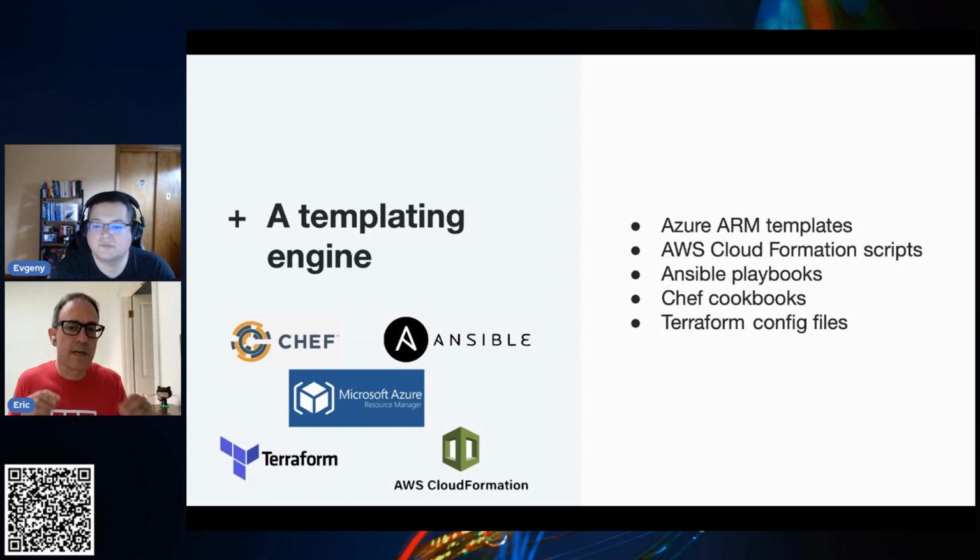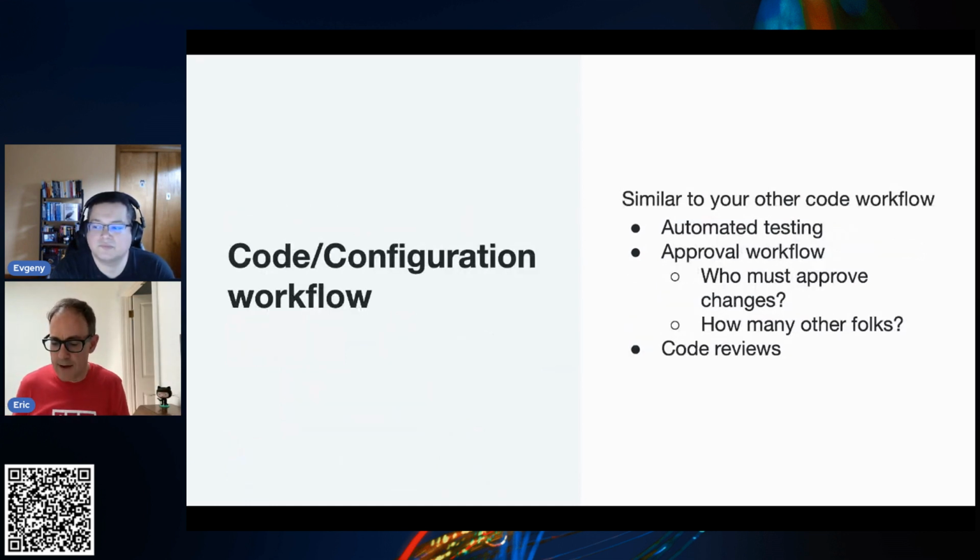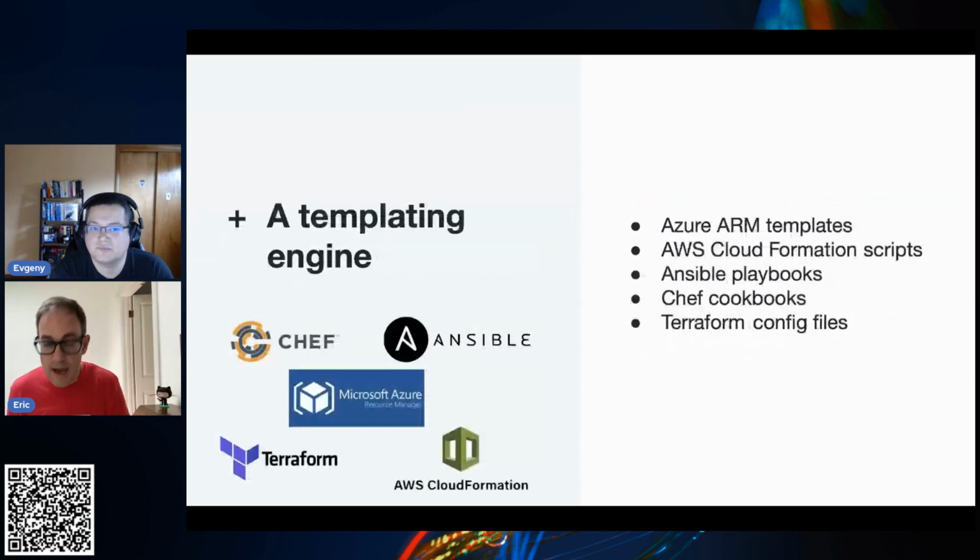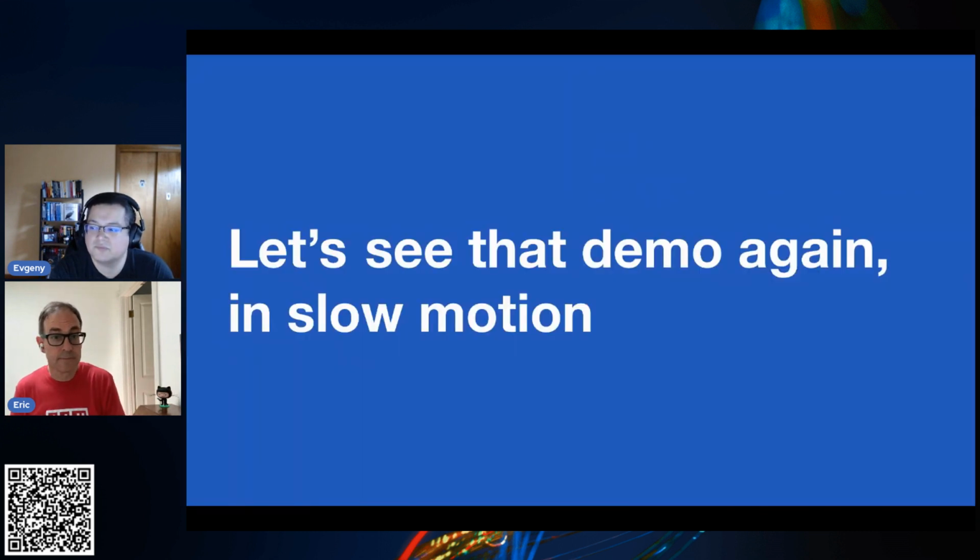But the benefits that we're talking about, the benefits of being able to have your infrastructure configuration, server or cloud configuration, work through a Git workflow with automated testing, approvals, code reviews and all that sort of thing, will work with any of these tools. But again, for us, GitHub Actions is what's going to kick stuff off, the glue between GitHub and the deployment. And for today, ARM templates. We'll be looking at different versions of that over the next couple of weeks.